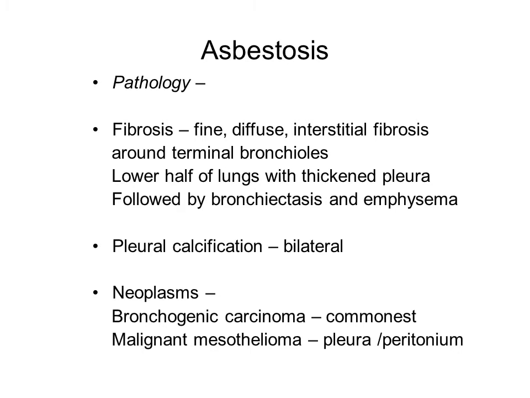There are some carcinomas which are associated with asbestosis. The commonest is bronchogenic carcinoma, and the pathognomonic one is malignant mesothelioma of the pleura or peritoneum. So if you get a person who has occupational exposure coming with malignant mesothelioma of the pleura or the peritoneum, you can know that he is exposed to asbestos dust.